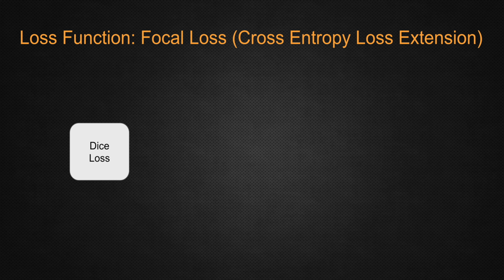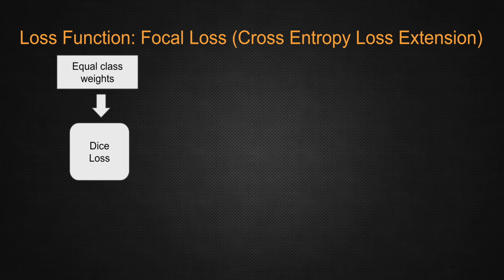For the sake of this workshop, I will show you how we are going to calculate the focal loss. First, in order to generate our focal loss, we need the dice loss, and the dice loss is generated based on the equal class weight. So first we need to set the class weight. For example, if we have 10 classes, our equal weight will be 0.1. That will create a total of 1. If we have 100 classes, then the weight will be 0.01. In our case, because we have 6 classes, remember we have building, water, land, vegetation, road, and the unlabeled data, our equal class weight is going to be